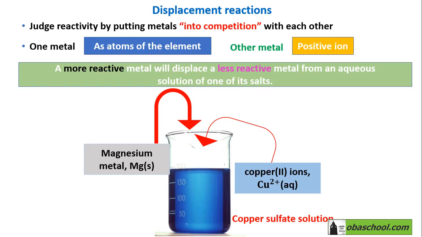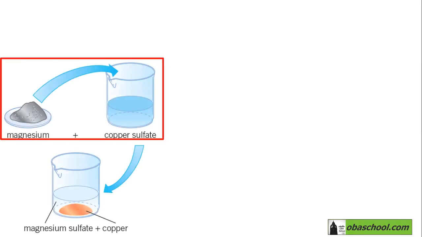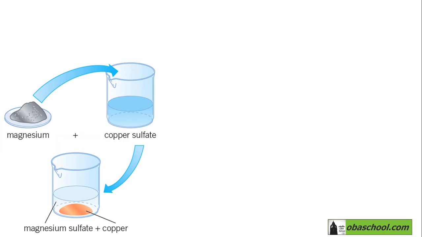So if magnesium is more reactive, it will displace the copper ions and the copper will be released as a solid back again. In this reaction, where we added magnesium into a copper sulfate solution, which contains copper ions, Cu2+,